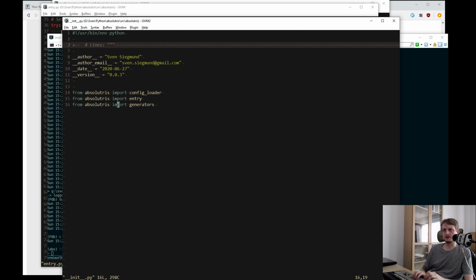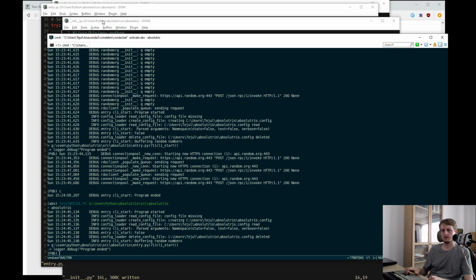In the absolutris init, I have generators import. And do I really need that? Maybe I don't need this. If I comment this out, then it doesn't do this, which is good, and I still haven't configured.